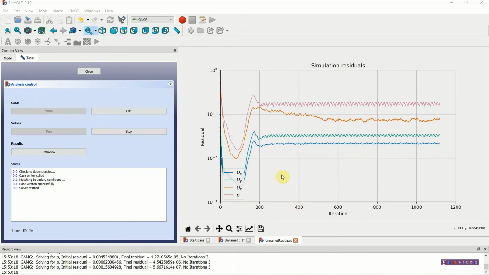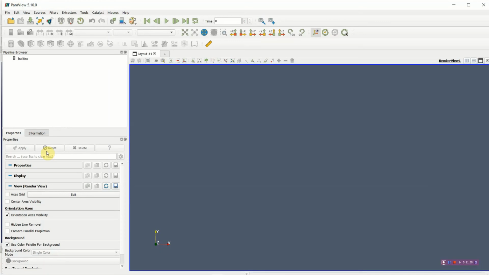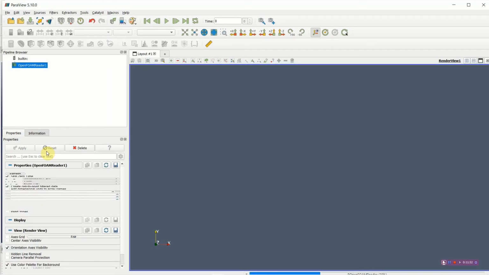So the analysis is progressing quite nicely. All these values have become very steady. Obviously that's not necessary to wait any further to look at results. We can start up ParaView directly from this panel here. The analysis will continue to run, but you wouldn't expect the results to change hardly at all now. So ParaView started,